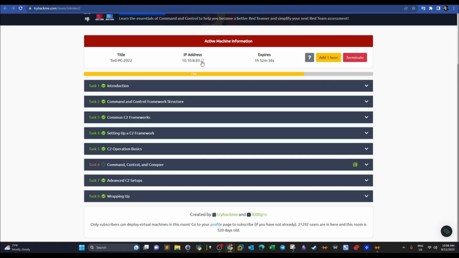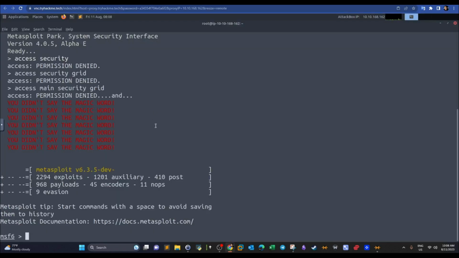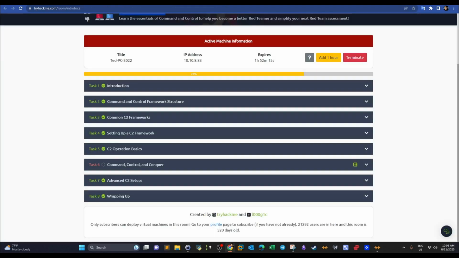So I have the lab machine running, on which we will be conducting the attack. Now on the attacker machine we'll be launching Metasploit, and here our target is vulnerable to the EternalBlue exploit. Now you might be telling me, I know how to exploit EternalBlue, but actually this is going to be